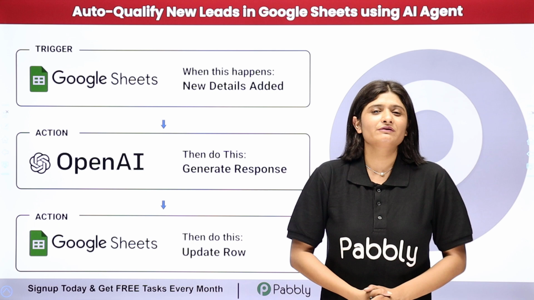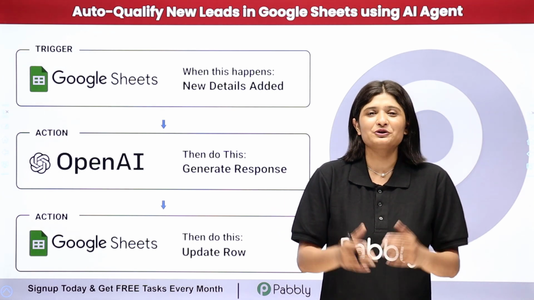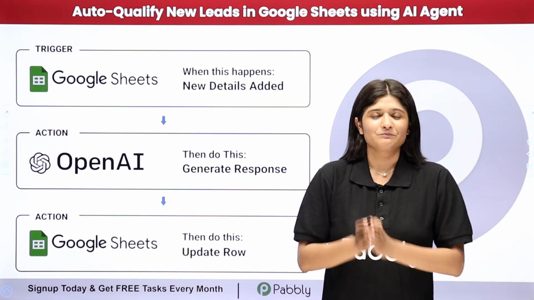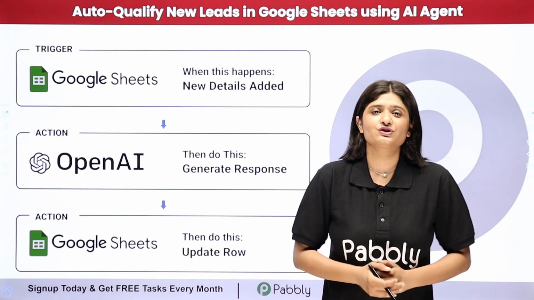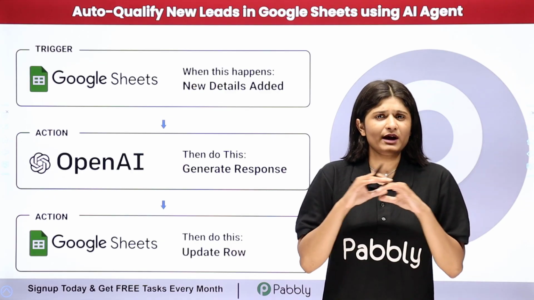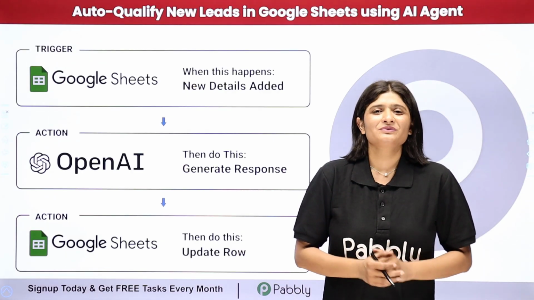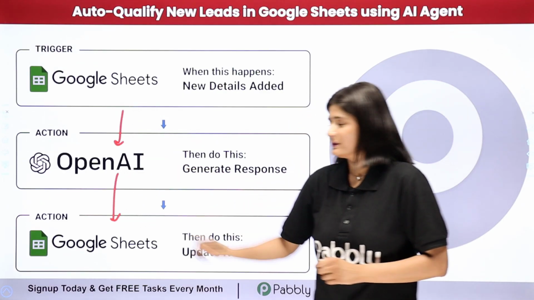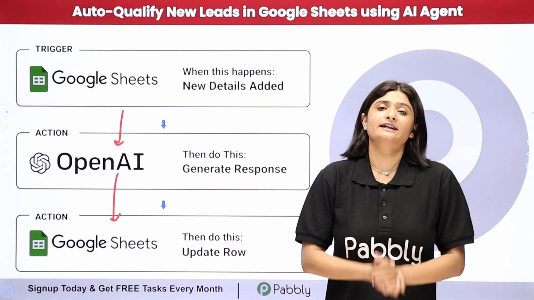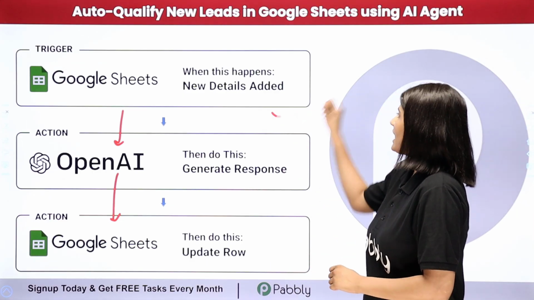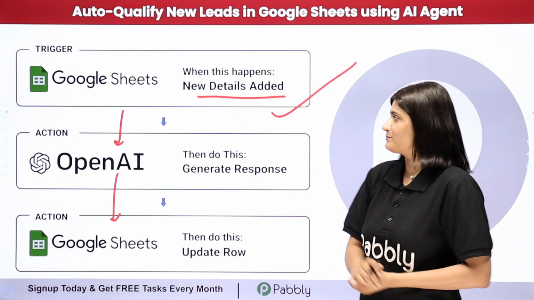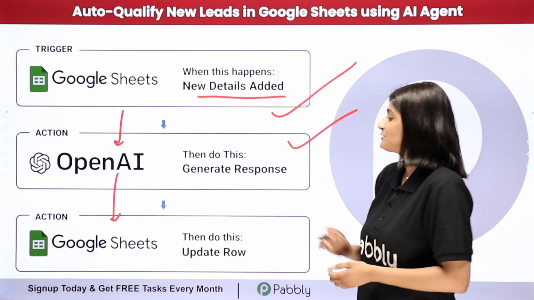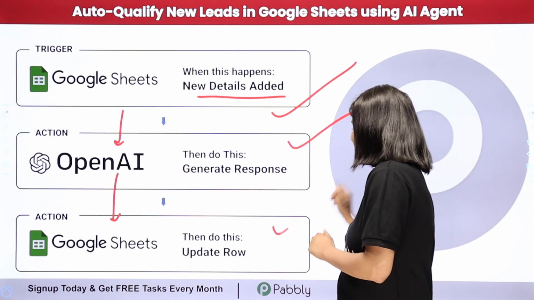Now, doing this manually will consume a lot of time, so I'm going to completely automate this process. And to do this automation, I'm going to use Pably Connect. Pably Connect is an amazing automation and integration software which requires no coding or programming skills. Here I just need to build a connection between Google Sheets and OpenAI. With the help of Pably Connect, I'm going to build this connection in such a way that whenever I add a new detail in my Google Sheets spreadsheet, it is automatically analyzed with the help of OpenAI, and the response is automatically added to my Google Sheets spreadsheet.